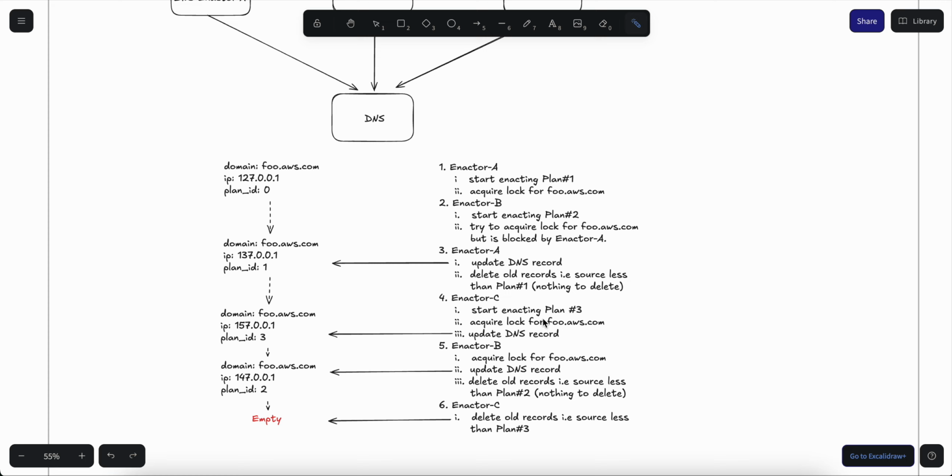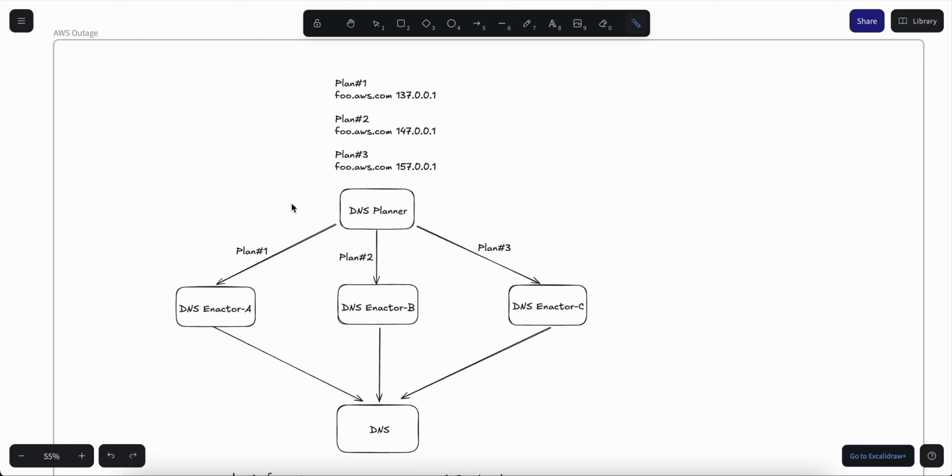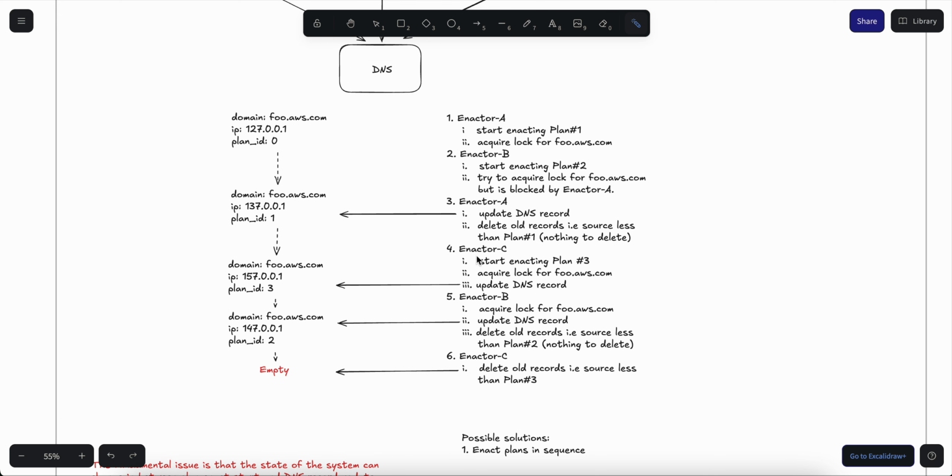In this case, C goes ahead to acquire the lock for foo.aws.com and updates the record. And notice that now the record is 157, which we can see from the plan up here. And the source of that plan, or the plan ID rather, is 3. Then it releases the lock after updating the record, and B finally has access to acquire the lock for that record. Then it updates the record,